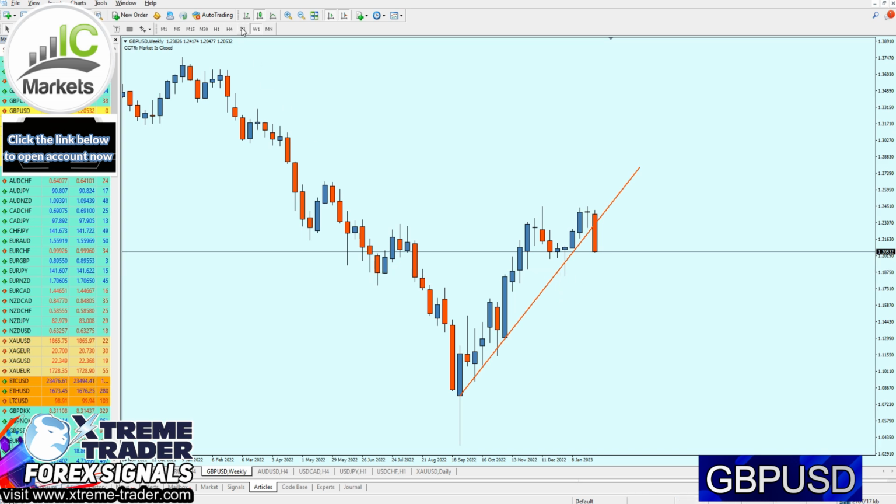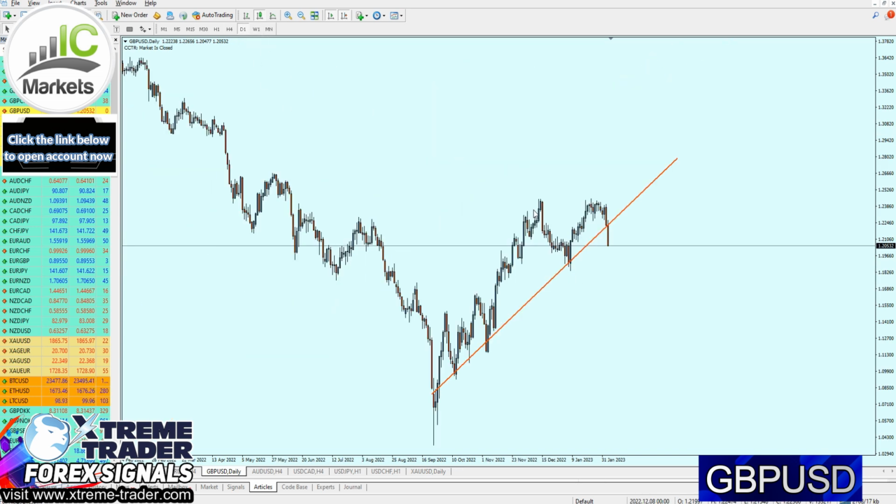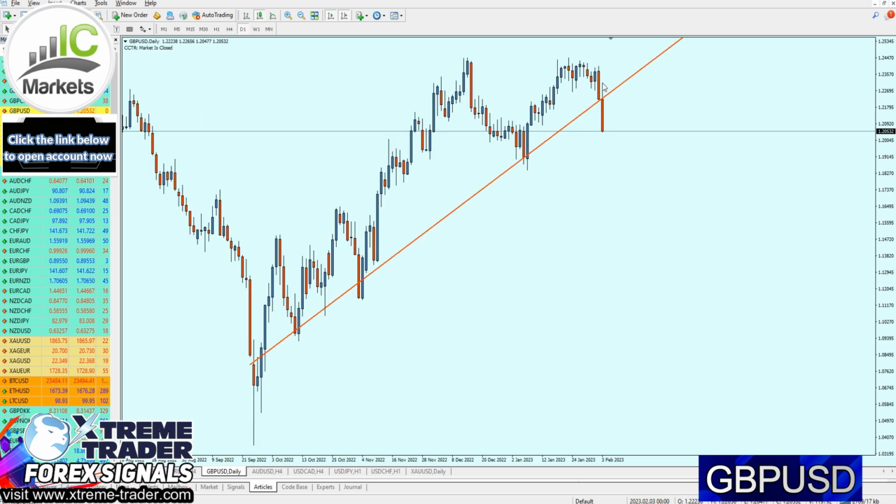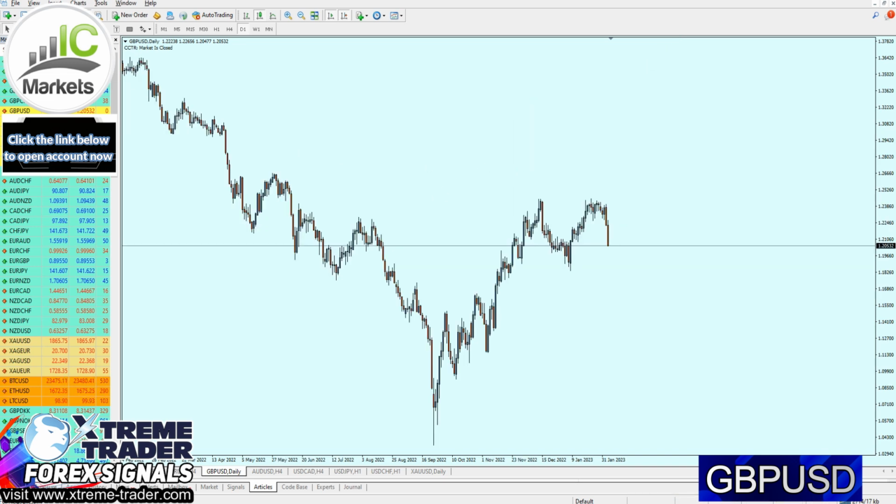That means that if we go to the daily chart right now, we can notice right here the price action. The last two candles on the daily chart, Thursday and Friday, were very strong bearish candles, indicating that the market is going to continue the fall indeed. At this point, I don't see any hope for buying the pound USD. Now, that being said, let's now use the resistance trend line to identify the entry.